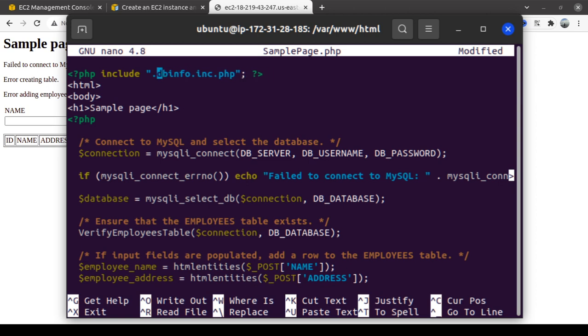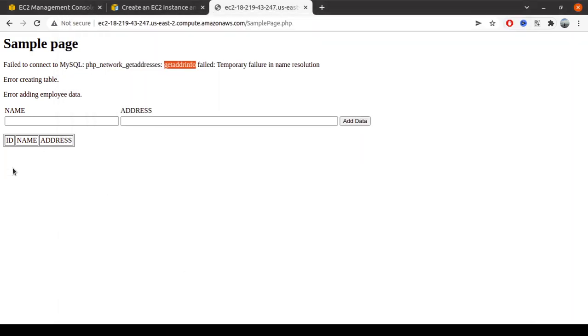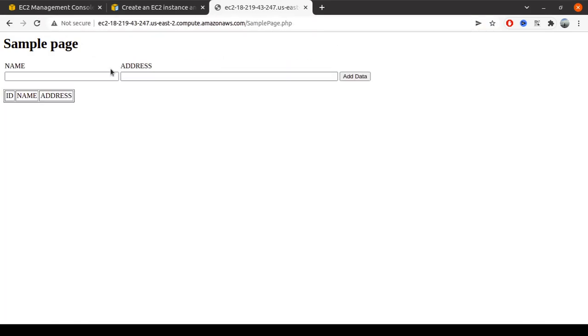Because I didn't create that one, I just need to add this, or later let me try to add the dbinfo.inc.php in the include folder. No problem. Let's reopen this one. The error has already disappeared now.